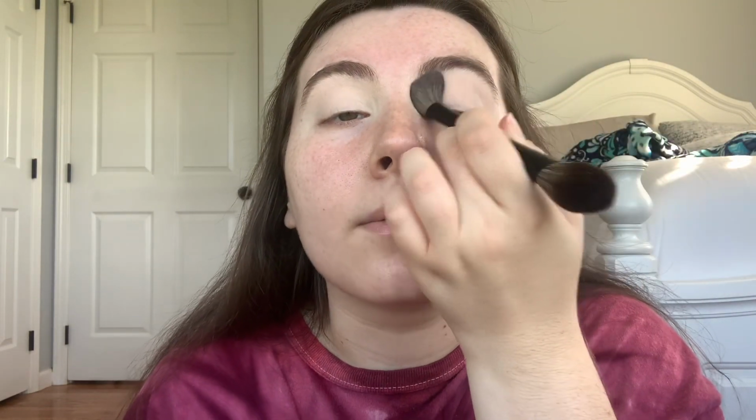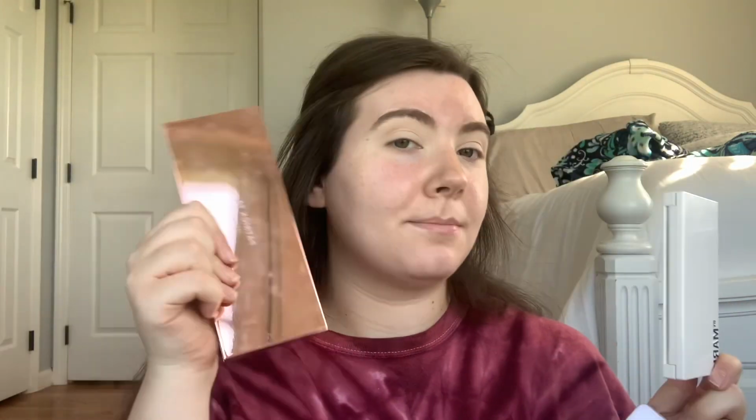We're just gonna set that really well. Now that we're all nice and set, I'm gonna go ahead and start with my eyeshadow. So I have pulled so many eyeshadow palettes. I have my Natasha Denona Glam palette, Makeup by Mario Mattes palettes, Patrick Ta,